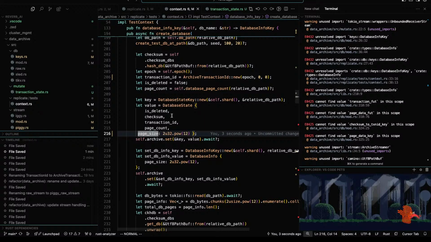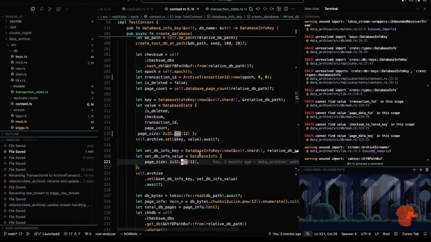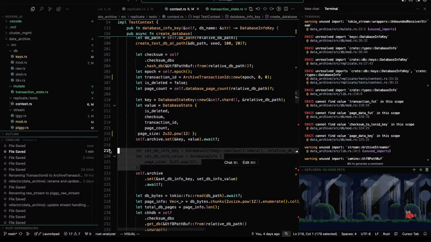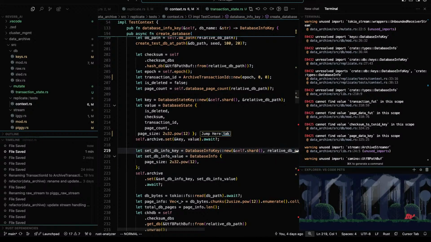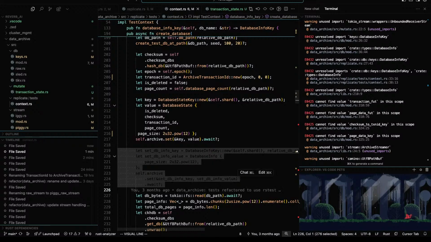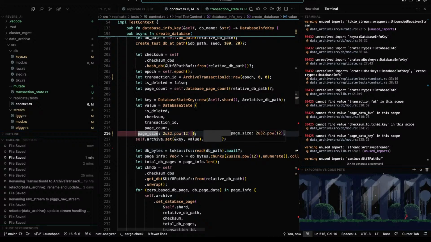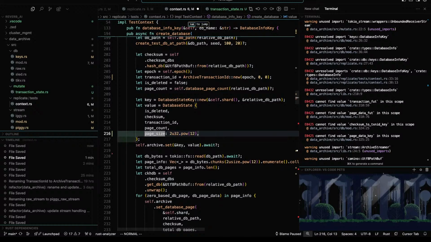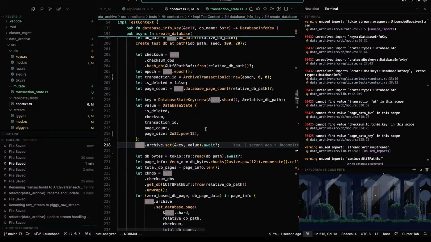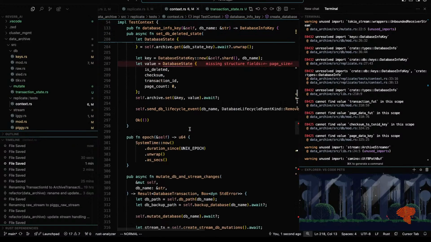So we're setting the page size in database state. Good. Database info goes away. I wonder why the formatting's off.